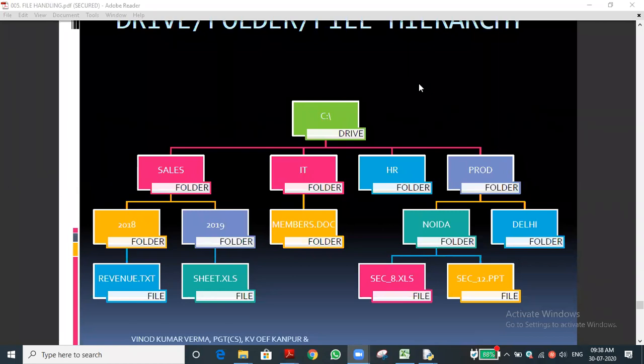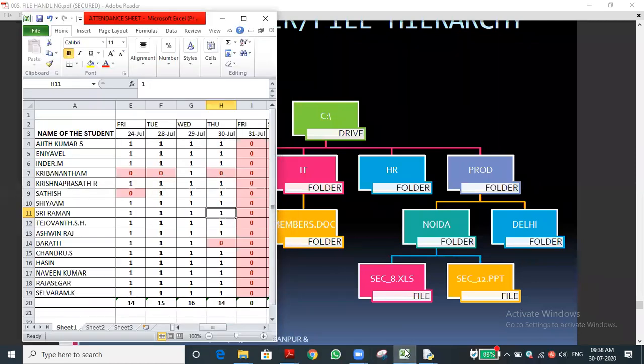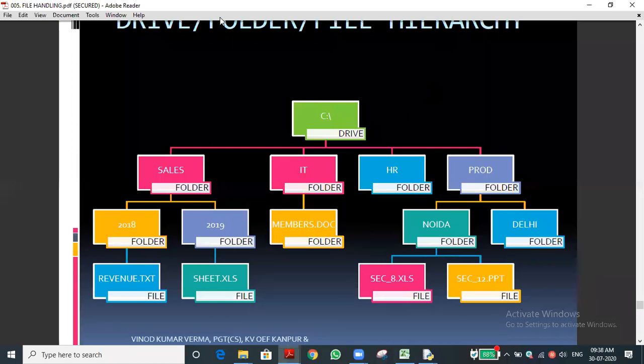One minute, I will take the attendance. Who is present? Ajit is there. Who is absent? Can you identify? Sir, only Kirbanandam is absent today.